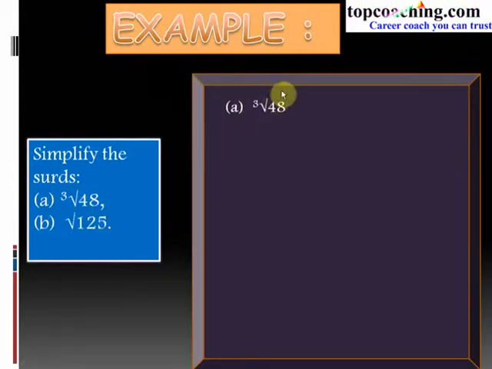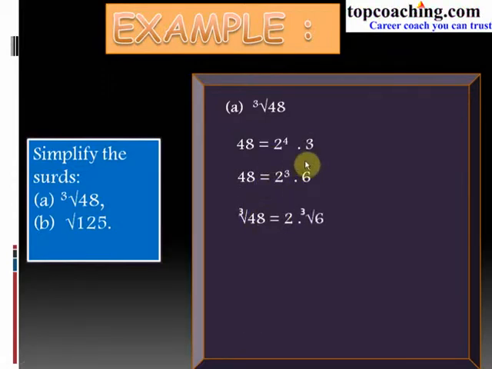Now the first part is cube root of 48. Now 48 can be written as 2 to the power of 4 into 3. We have factorized 48 in terms of its prime factors. This can further be written as 48 equal to 2 cube into 2 into 3. Now 2 into 3 is equal to 6. So this could be written as 2 cube into 6. So the cube root of 48 would be equal to the cube root of 2 cube and the cube root of 6. Now the cube root of 2 cube would be equal to 2 and this would remain the same. So the cube root of 48 is equal to 2 into the cube root of 6. So we have expressed this pure surd in the form of a mixed surd.